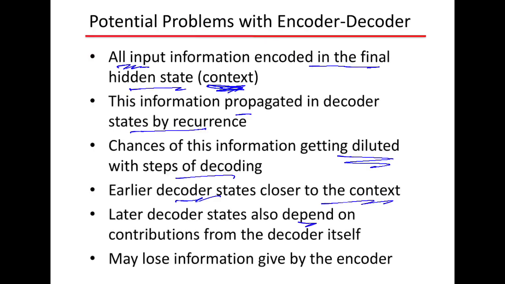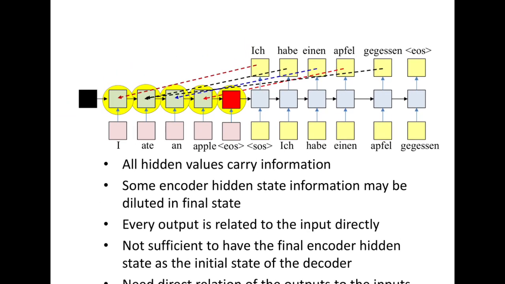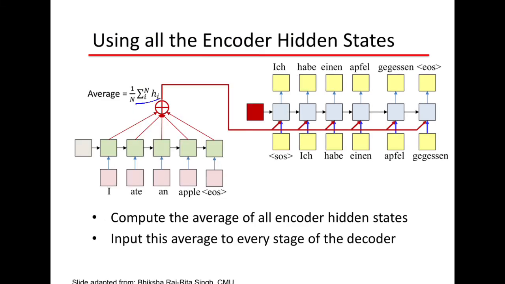So one idea that they are giving out is I look at all these states and I just do a summation of all these states and pass that to the input. So, just take the average of these states and then, in addition to the context maybe, or in place of the context, you can pass this to all the hidden states of the output. But this average at least solves one problem,